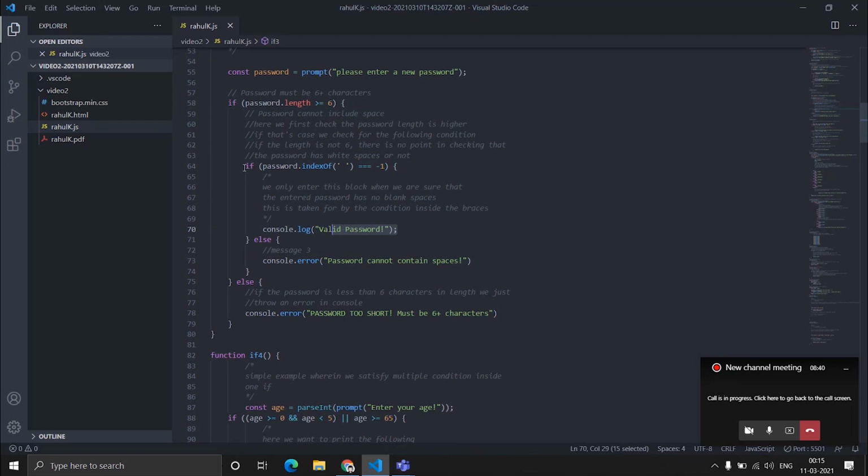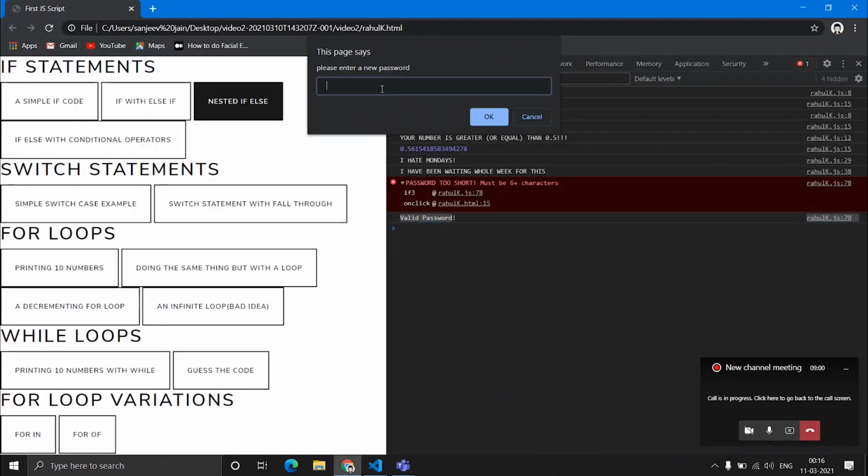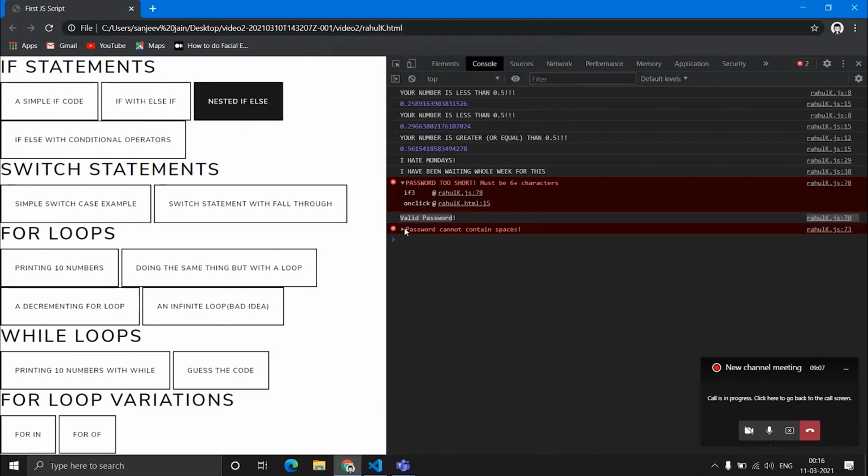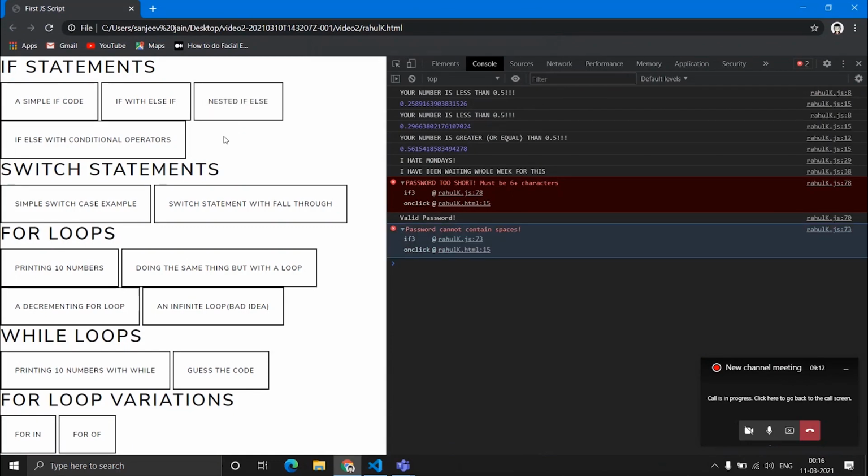This condition makes sure that it doesn't have any blank space, like in the starting and so on. And if there are spaces, then this console.error message will get printed. If I write ISTE with a space, you can see: password contains spaces, and spaces are not recommended.